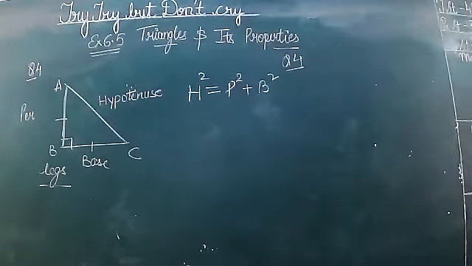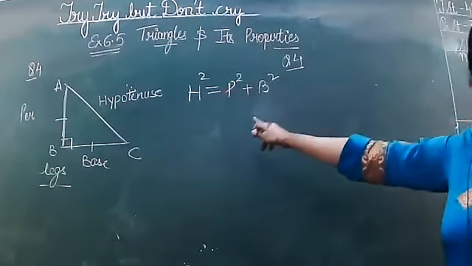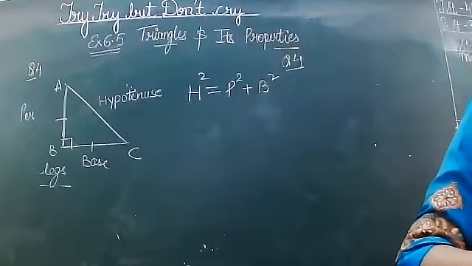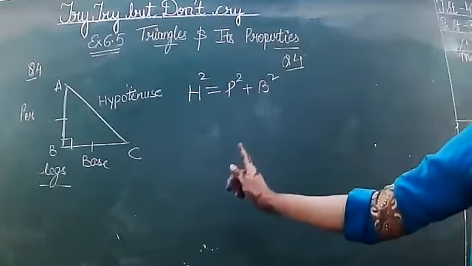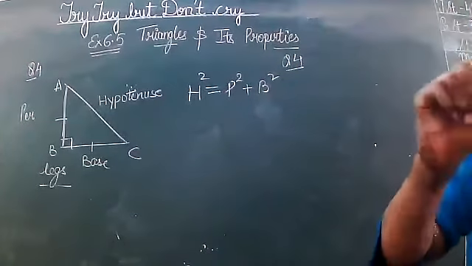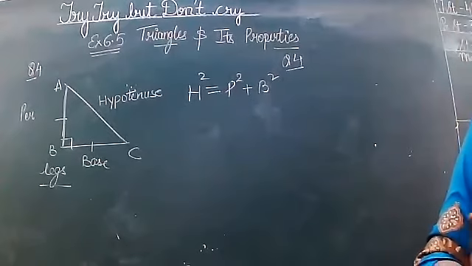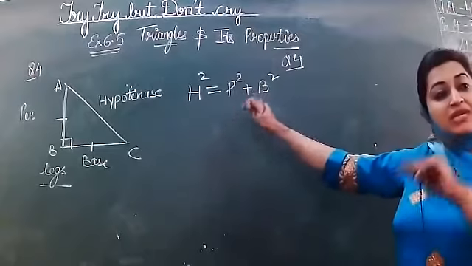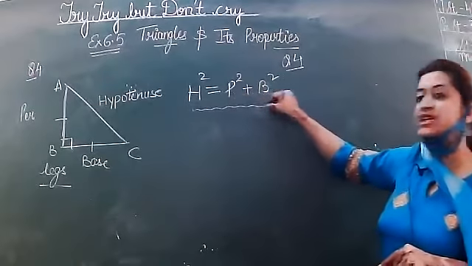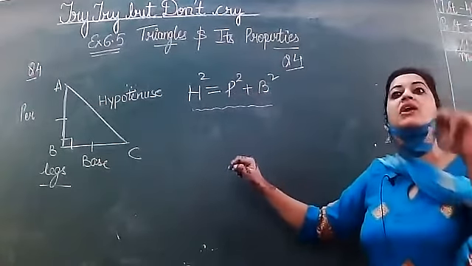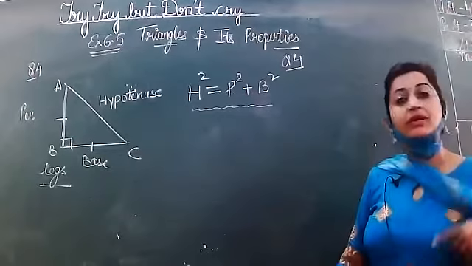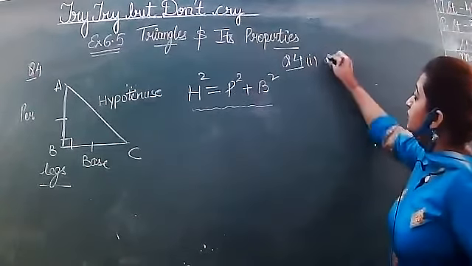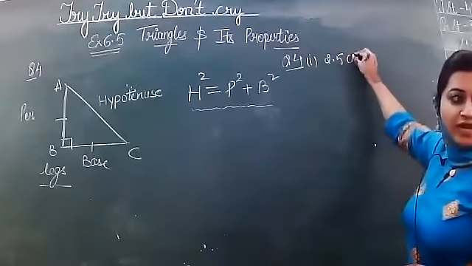Listen to me carefully. If a triangle is a right angle triangle, then it will satisfy Pythagoras theorem. And if the 3 sides of the triangle satisfy this Pythagoras theorem, that means the triangle must be a right angle triangle. Got it? Now in the 4th question, first part, 3 sides are given, 2.5,